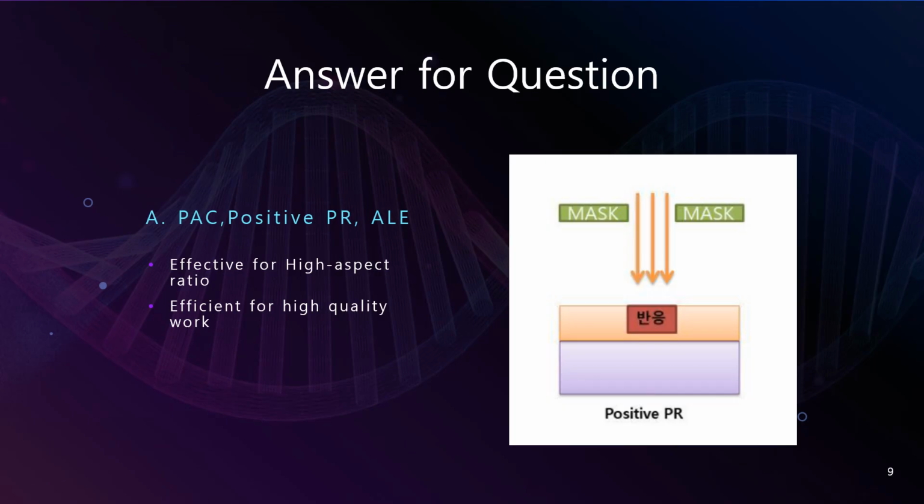The answer to case B is similar to case A. When I choose to use the positive PR, it can give two advantages. First is effective for higher aspect ratio, and second is efficient for high quality works. The reason why negative PR is not suitable for this is due to the characteristic of the negative PR, and